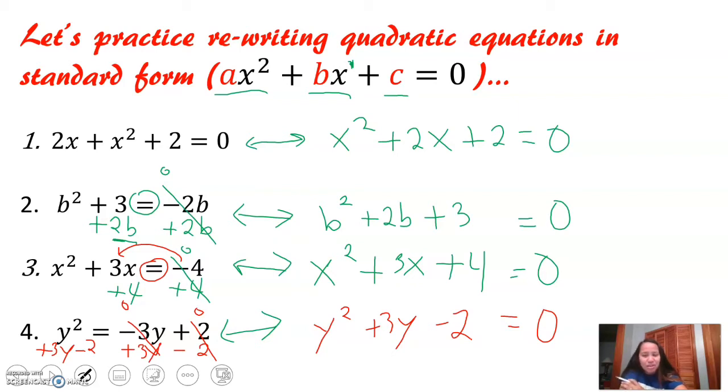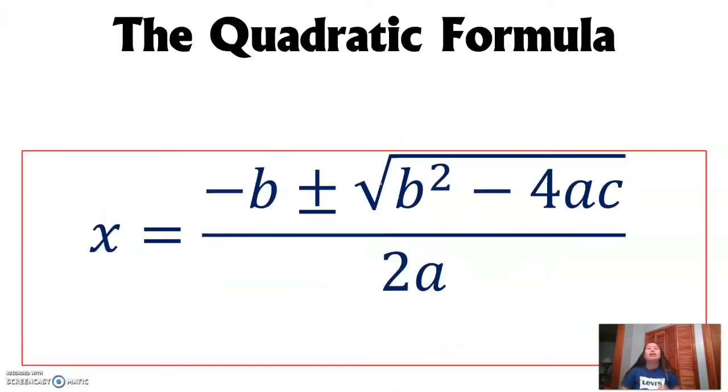Are you guys ready to learn about the quadratic formula? Let's go. Now the quadratic formula is this. It's x equals the quantity negative b, plus and minus. That means we will end up with two answers. We will do plus first, then the other way, minus, the second time we do it. So negative b plus and minus the square root of the quantity b squared minus 4ac, all over